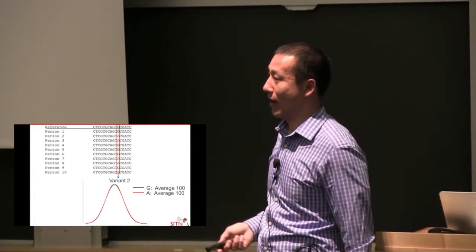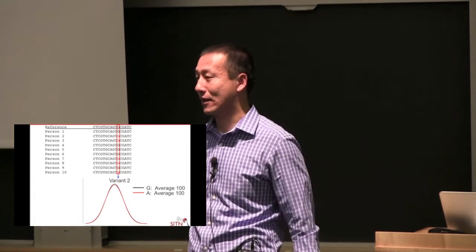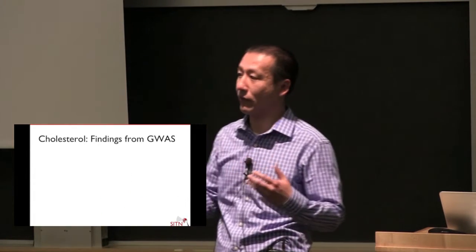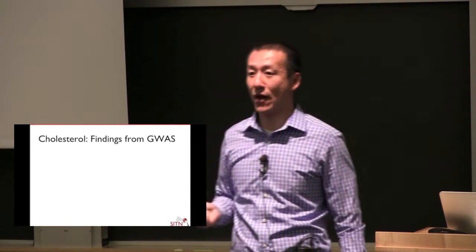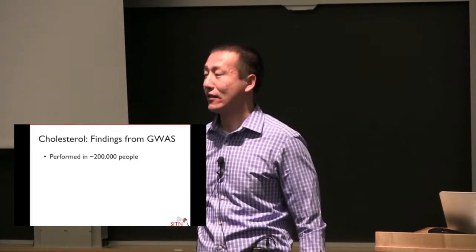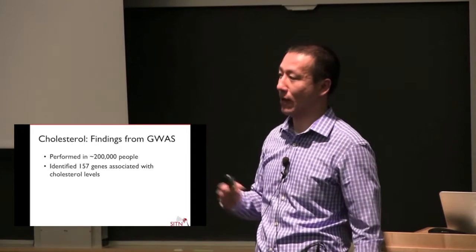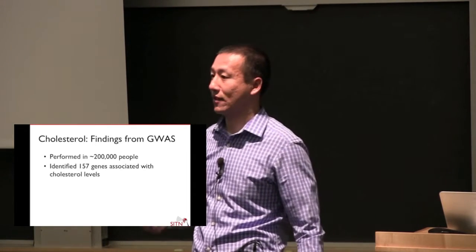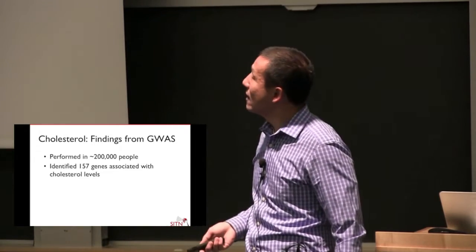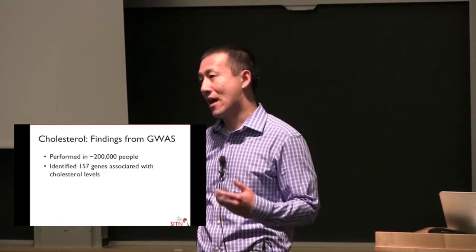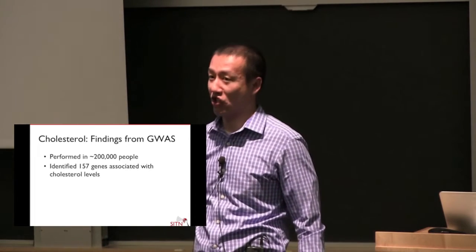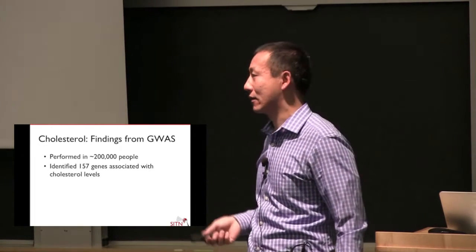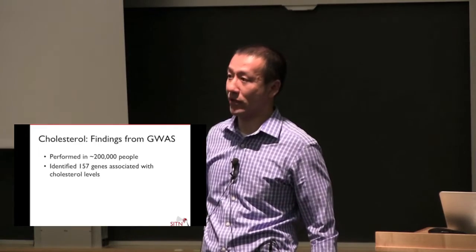So what have we found from GWAS? And I told you that I do it in a large number of people because it's such a messy experiment. There are so many other factors going into it. So the latest genome-wide association study was done in almost 200,000 people, 200,000 patients. It's huge, involving many hundreds of scientists across the country, across the world. It's a huge collaborative effort to make this happen. And over the last couple of decades, we found a couple dozen genes involved in cholesterol, but this one study found 157 genes. So it's probably quadrupling the number of genes that are now known to play a role in